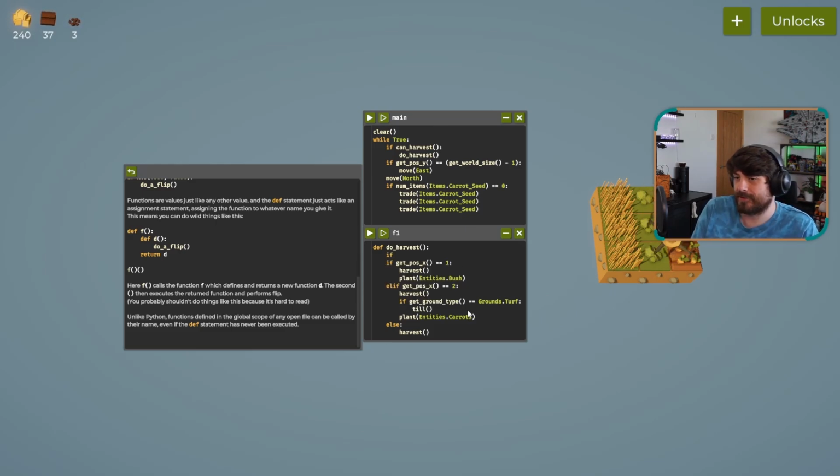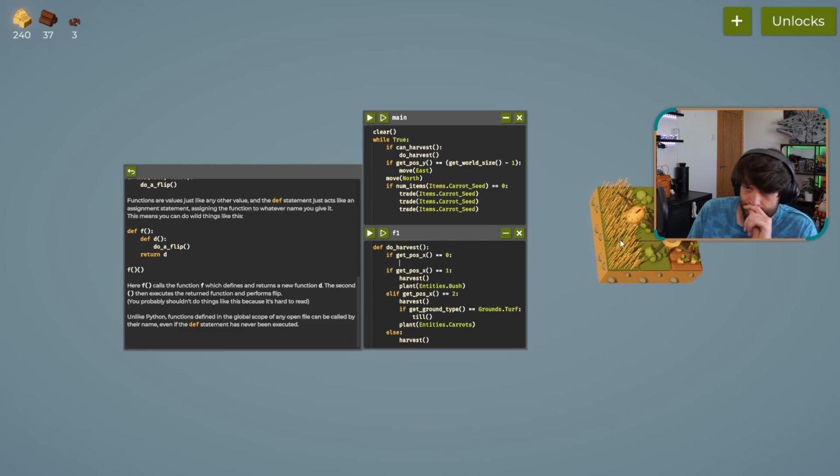It's gonna be so stupid, but we're gonna give it a go. If get X position equals 0. So if we're at 0, if we're in this grass one, then